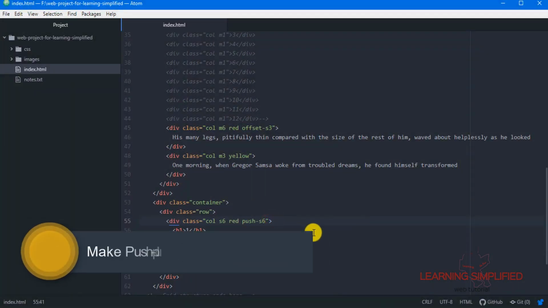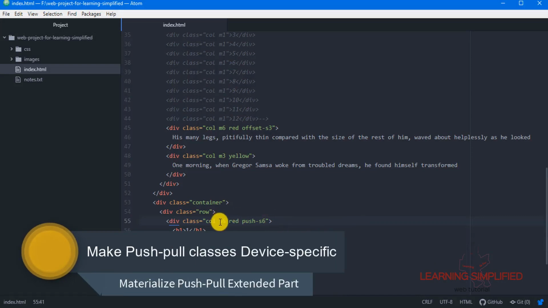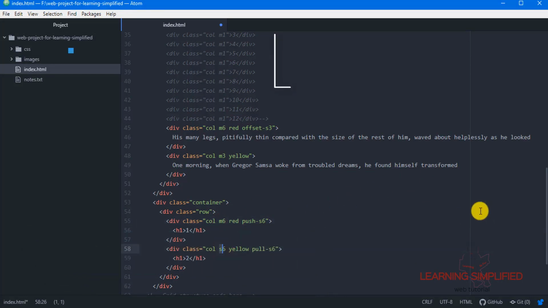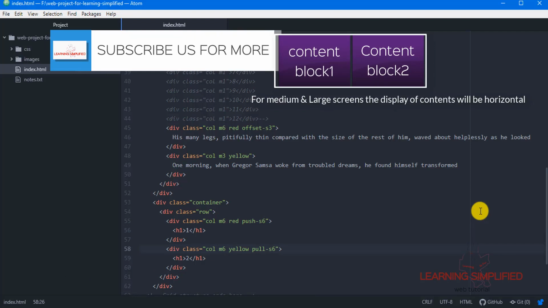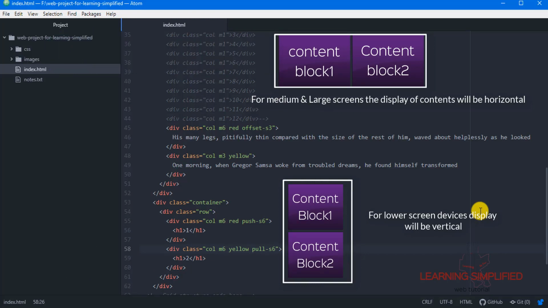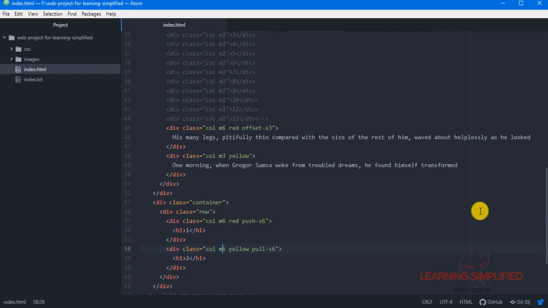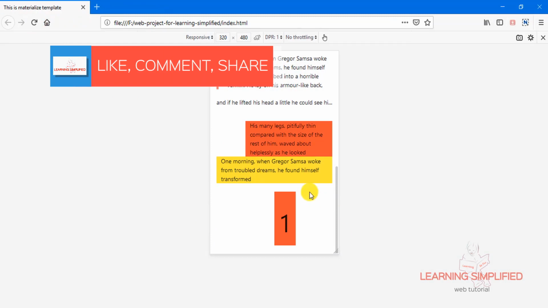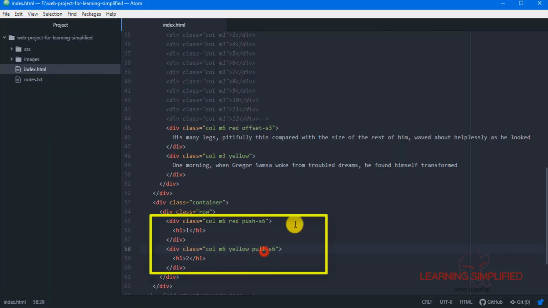Now there comes the second condition. If in case we make this change over here, that means all those block elements should be having their contents horizontally displayed in case of medium screens, but in case of small screens, they are not going to be horizontally aligned. Those are practically going to be vertically stacked one above the other. So what will be the scenario under this particular condition? This will be the result if we make this amendment over here. What is it exactly going to do?